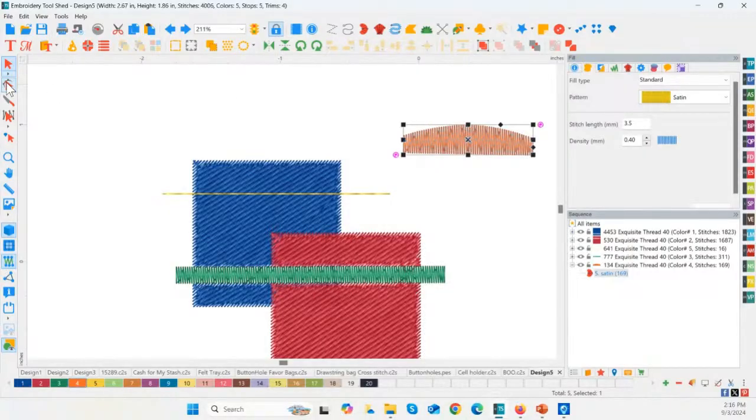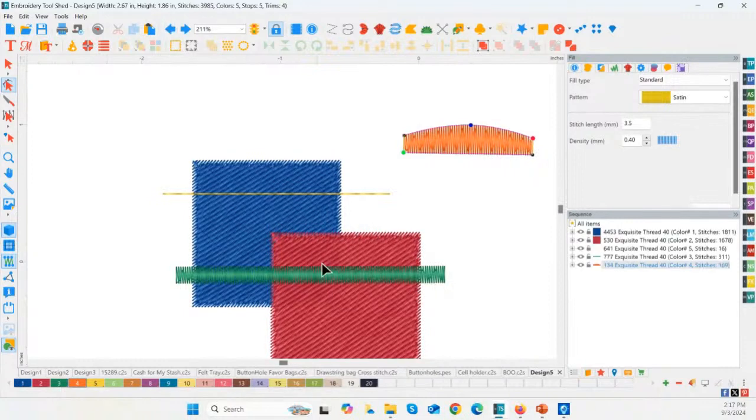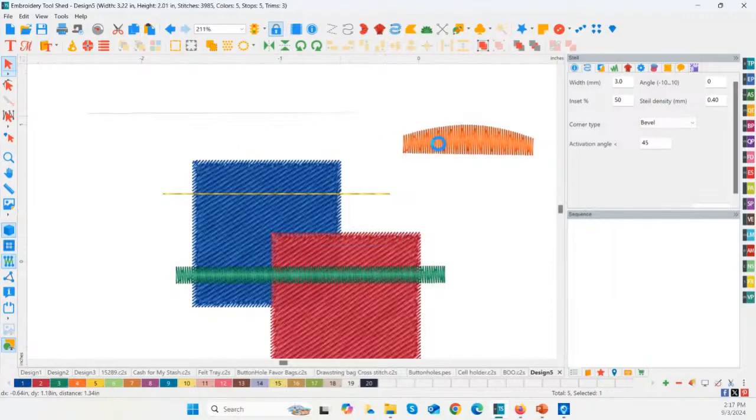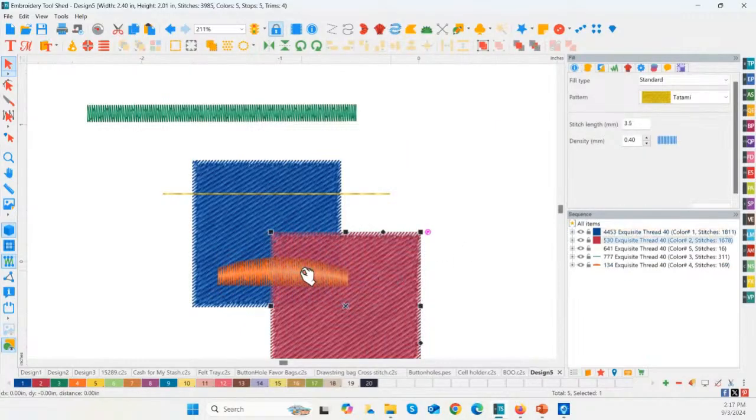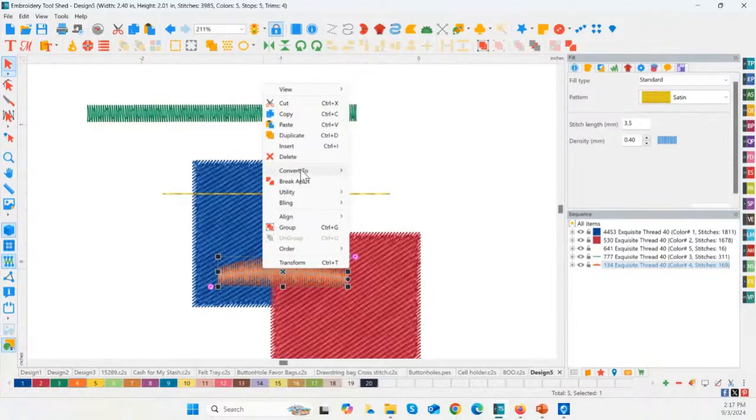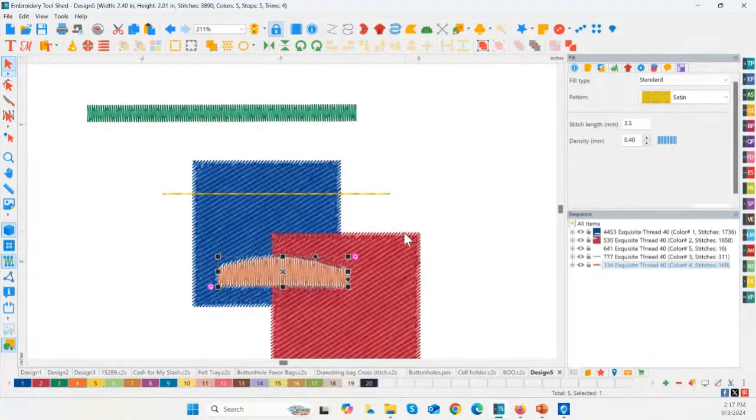So I'm actually going to make this satin. Let's make our point even further up so that I really have some wide satin, because we're going to do a remove overlap at the top of that as well. So I'm going to do undo. Whoops, undo. I'm actually trying to undo my remove overlap here, and then we'll put our satin stitch over top of it, and just like that. And notice I only have the orange satin stitch selected. Utility, remove overlap, and you can see that it has removed